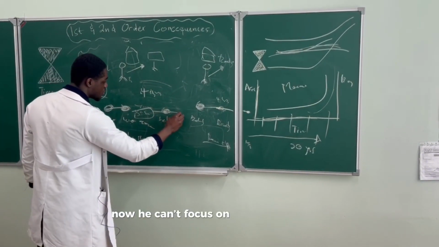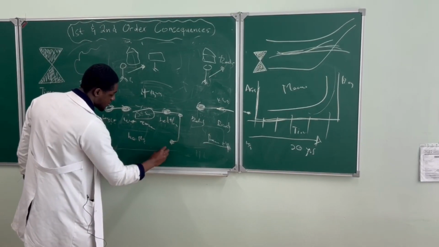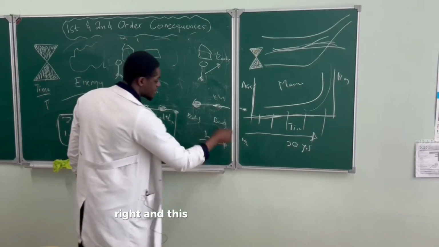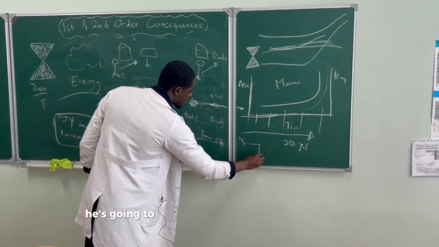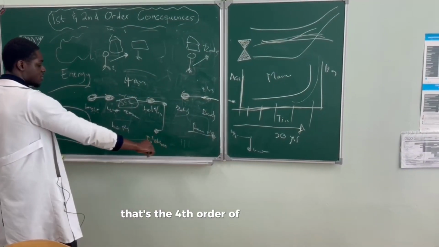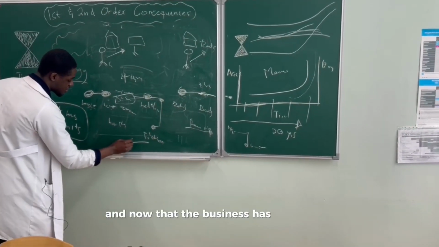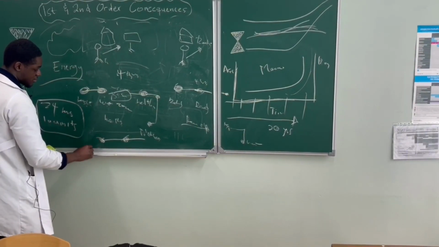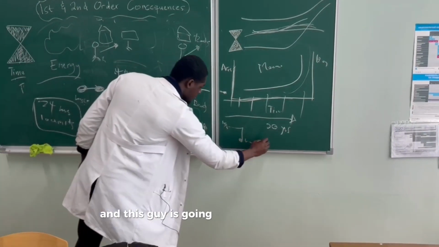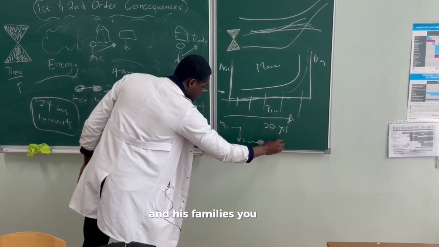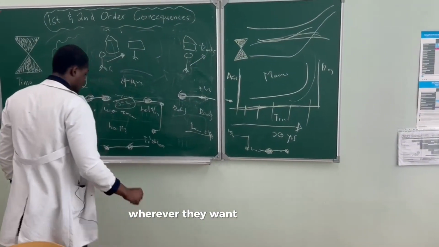Now he can't focus on his business, right? So his business is going to fail, right? And this guy has knowledge, right? So he's going to apply the knowledge in his business, and his business is going to scale. That's the fourth order consequences. And now that the business has failed, right, he's not going to have enough money to support his family. And this guy is going to have enough money to improve the lifestyle of his family, wherever they want. And now since